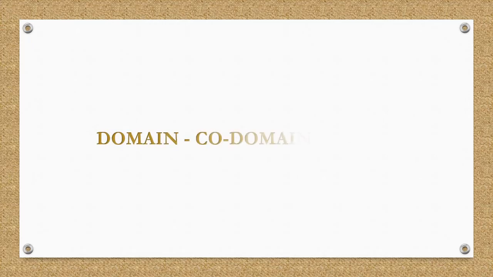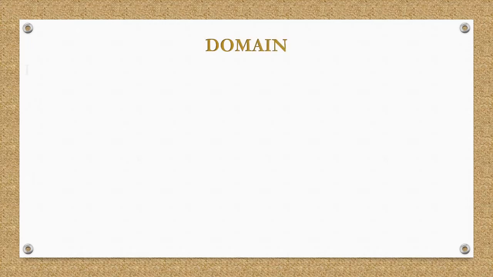Now let's start with the topic of this tutorial, that is domain, codomain and range. Now these are the three values. Actually we already know this, but let's name them properly. If we are talking about set functions, if we are talking about function theories, we must know the meaning of a domain, the meaning of a codomain, and the meaning of a range.